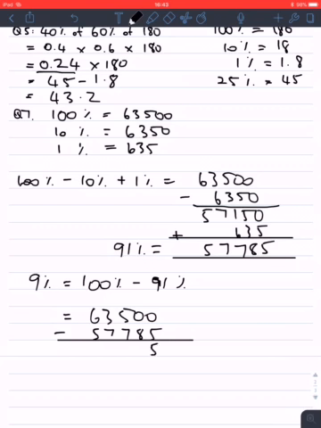Okay, so 8 from 3... 5,715. I don't have a calculator, let's hope that that's right. So 9% is 5,715, that's the juice. And the first